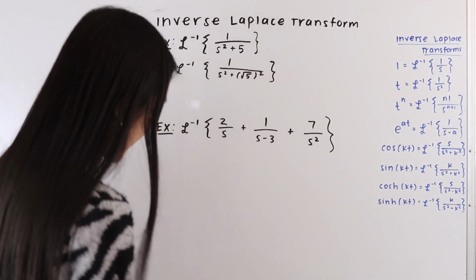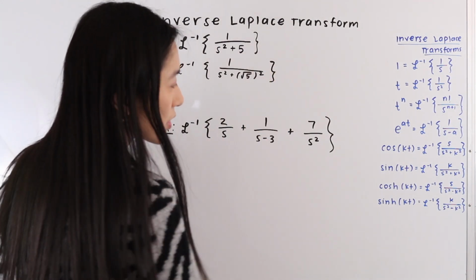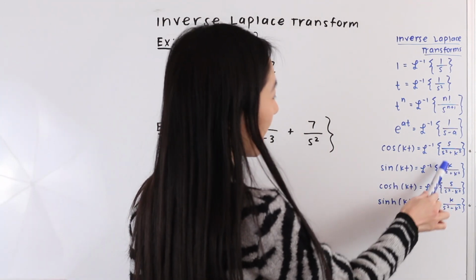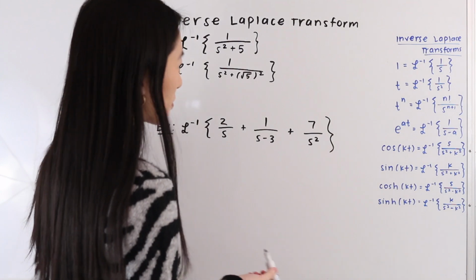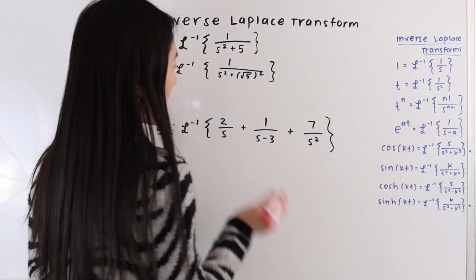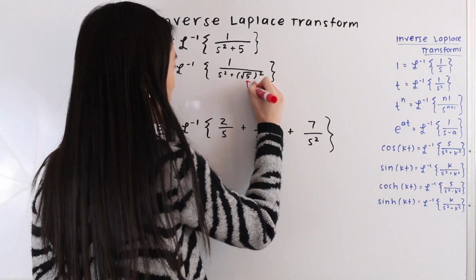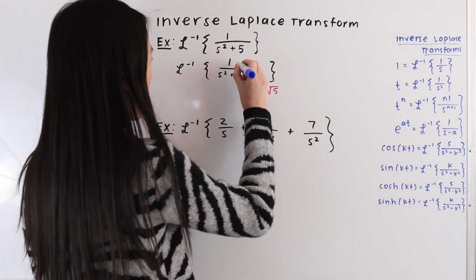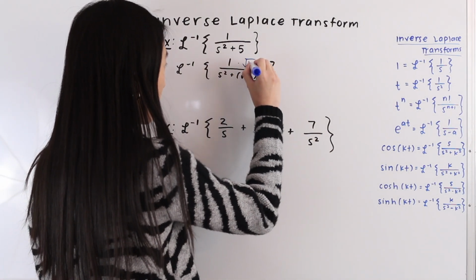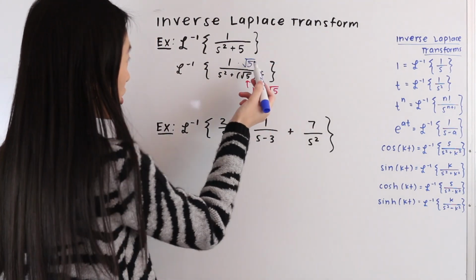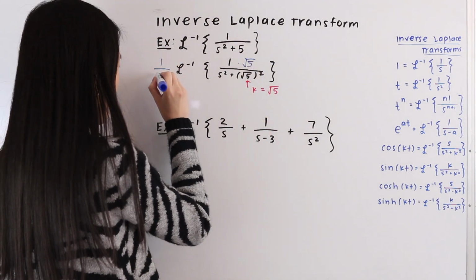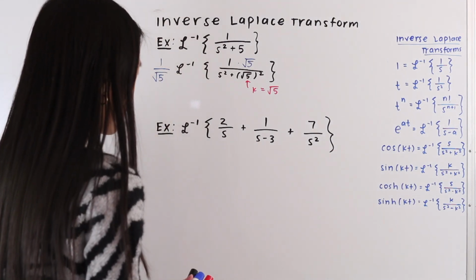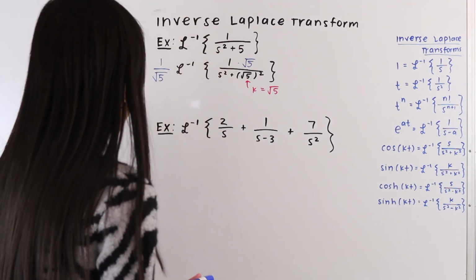And so after doing this, we see that in order to match what we have here, we need a k in the numerator. So let's go ahead and multiply by k. And we can see here that k is equal to the square root of 5. So let's go ahead and multiply our numerator by the square root of 5. And whatever we do to the numerator, we need to do to the denominator. So let's go ahead and multiply by a 1 over the square root of 5. So doing that, we have